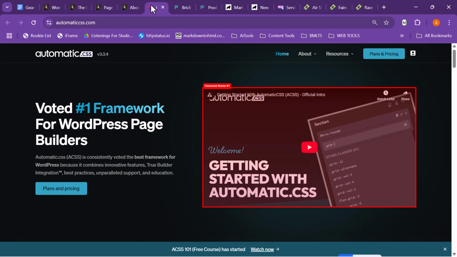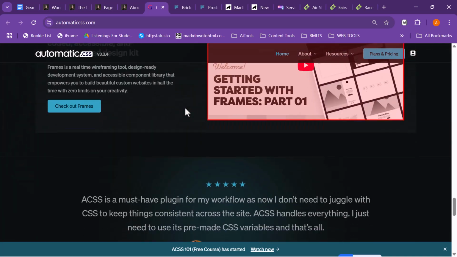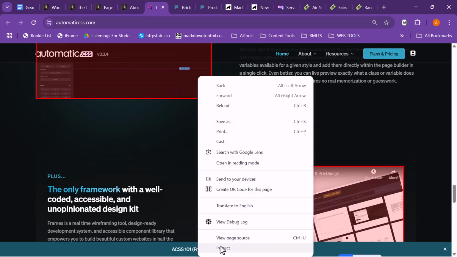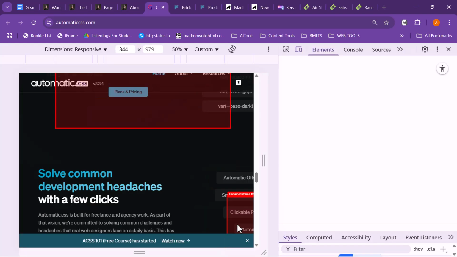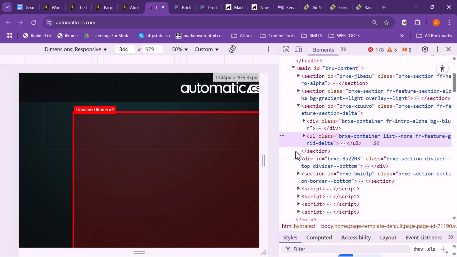If we look at automatic CSS, we've already seen this website before. It doesn't have a name. We have multiple iframes and none of them have names. I don't just want to waste time showing you guys the same thing, but